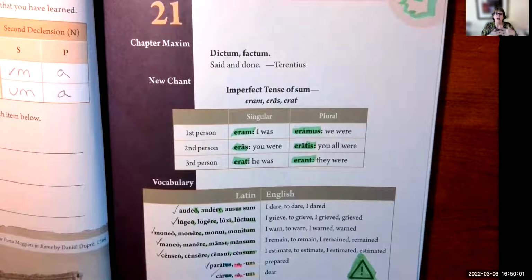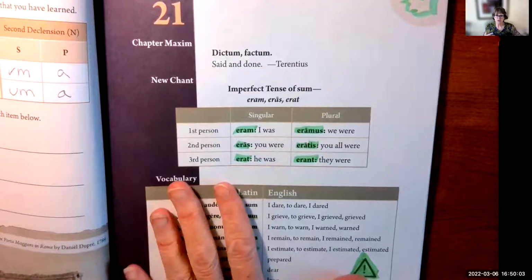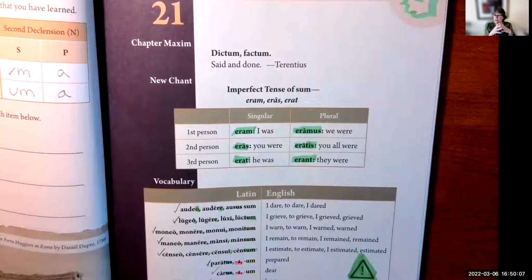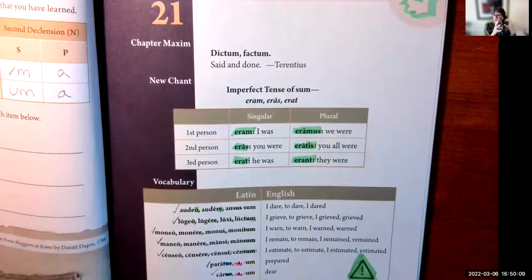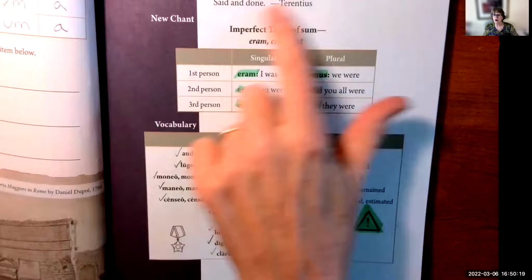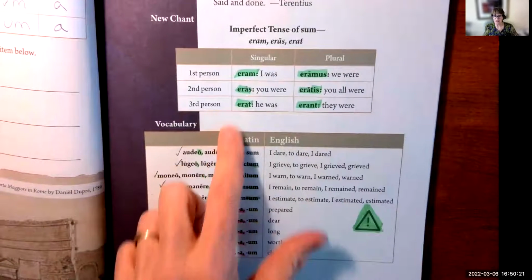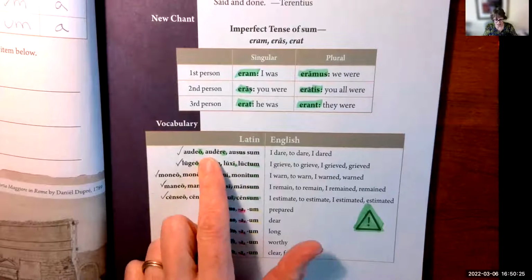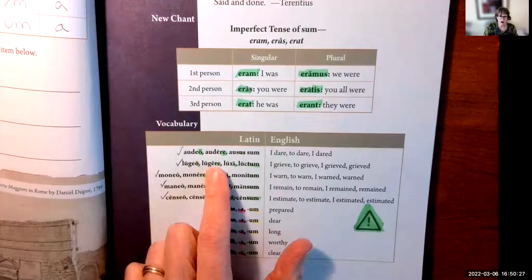Okay. Great chapter. This linking verb, whenever you have that in the topic, it's like, ooh, where can we sneak it in? There's no rhyme or reason. It's just we need to teach it to you. And so we slip it in. So there it is. All right. So in chapter 21, we are introduced to that chant. And then we continue with our second conjugation verbs here.